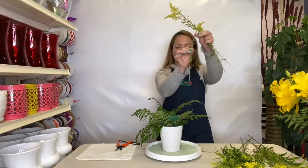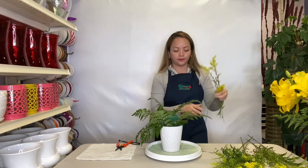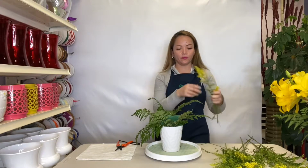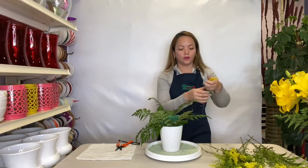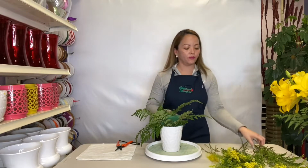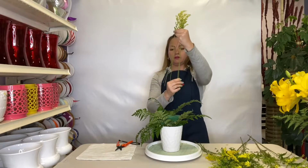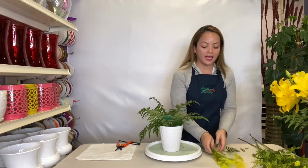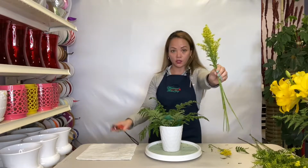And then there are some leaves that we have to clean up. Just run your fingers through it, like that, because we want to make sure that they're going to be clean. And you do about maybe another dozen of these. Make sure that they're nice and clean. And then we're going to cut them. See, I made them even from the top so I could just cut them all together